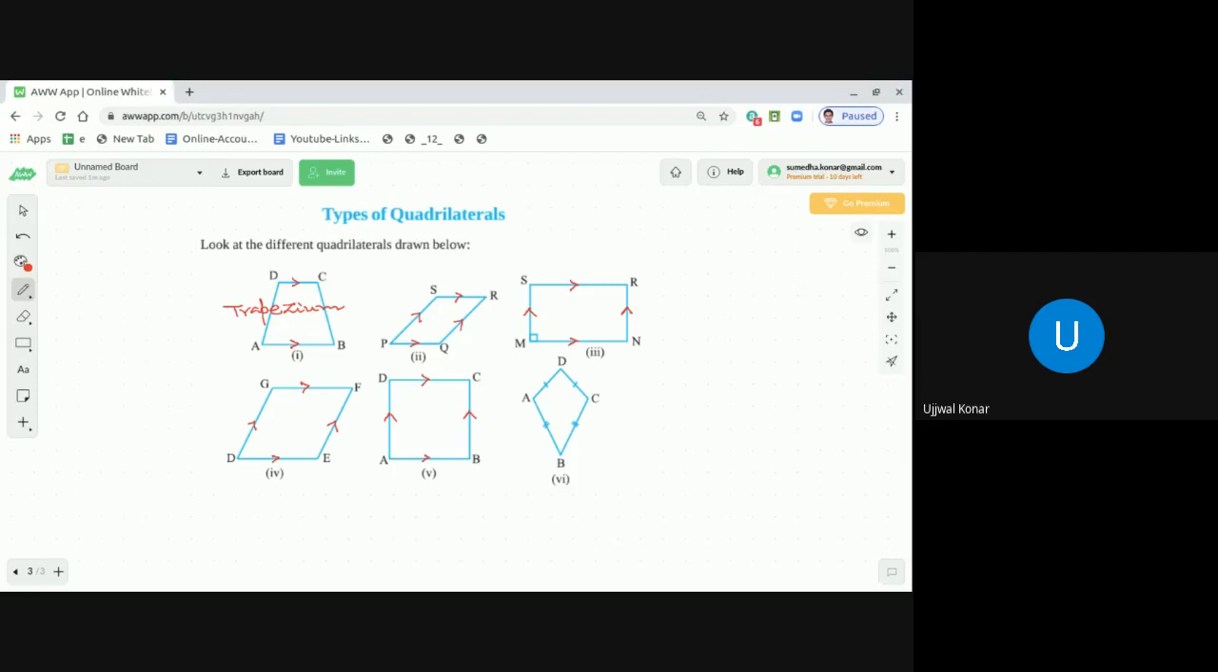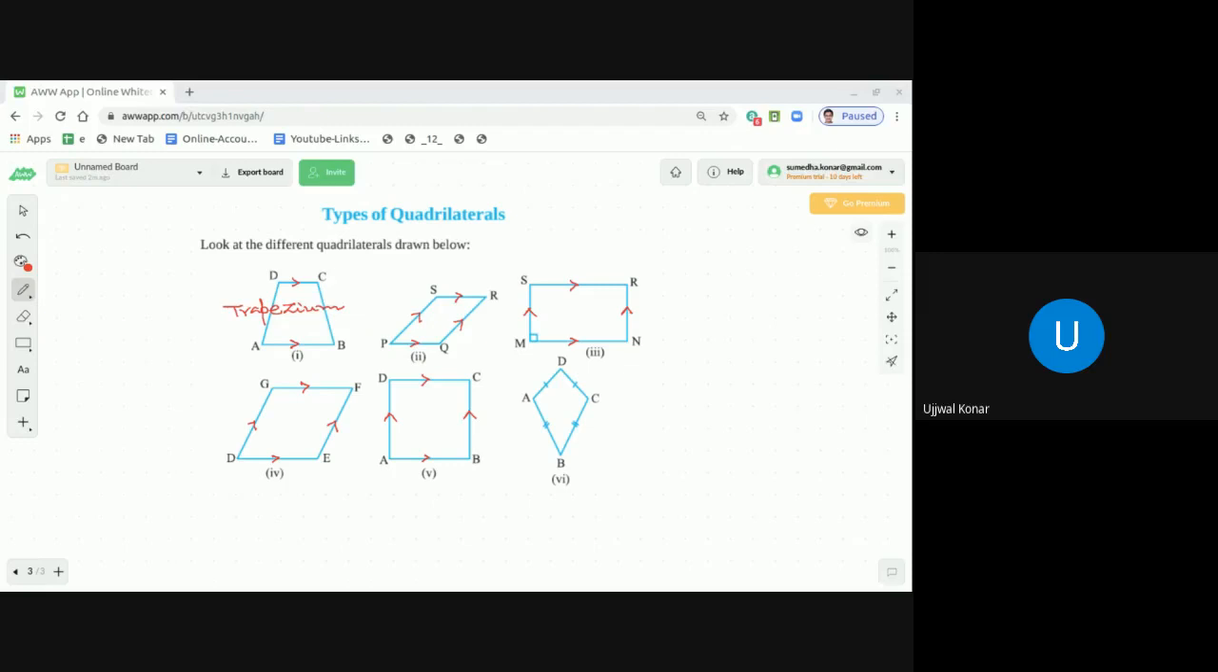Correct? Now let us look into all these diagrams from diagram 2 to 5 with more interest. Let's look into the diagram. Diagram 2 is a parallelogram. Diagram 3, if you look into it, that MNRS, it is a parallelogram as it satisfies the definition of a parallelogram, but